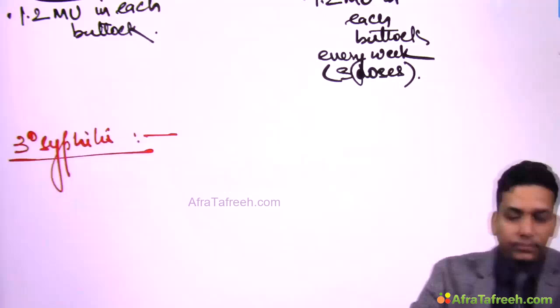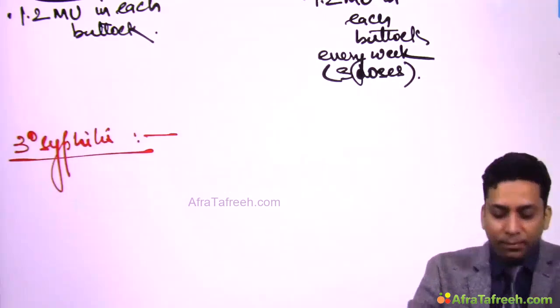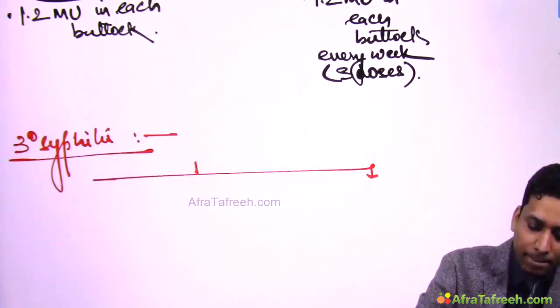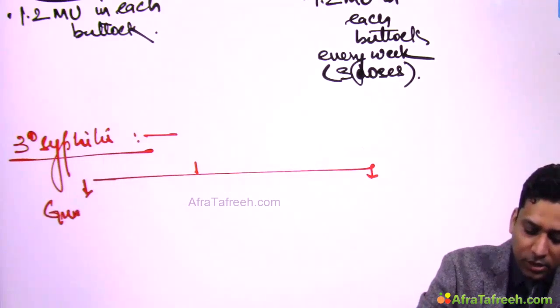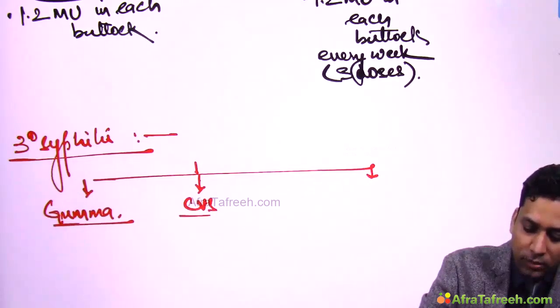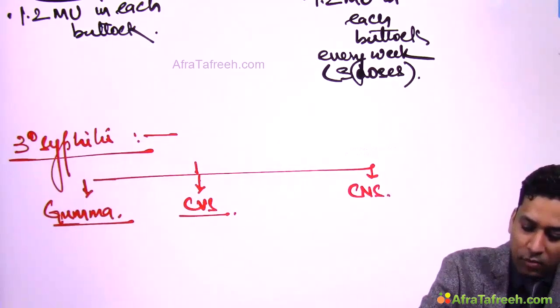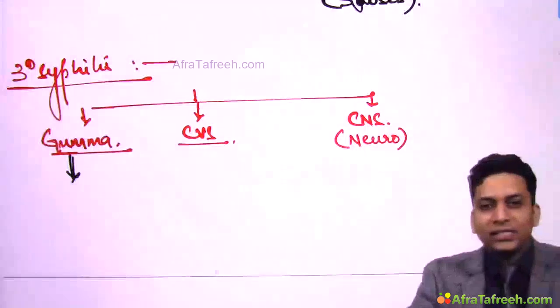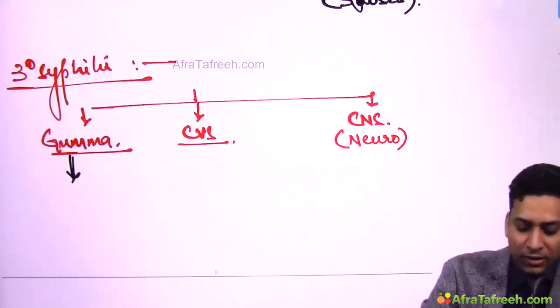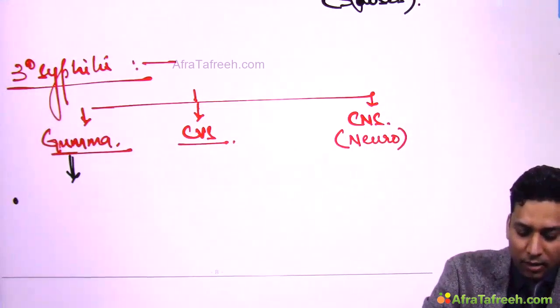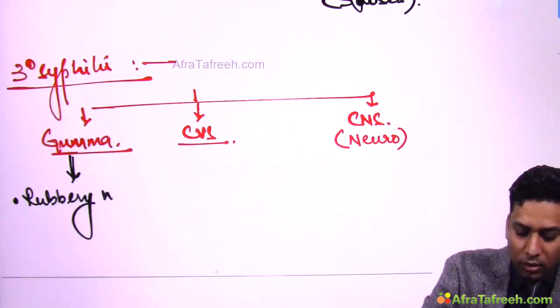Tertiary syphilis. Now tertiary syphilis can present in various forms: it may present with gummatous lesions, it may present with CVS involvement, or it may present with CNS involvement, that is neurosyphilis. Now what are gummatous lesions? Gummatous lesions are generally present over skin or mucosa, and they are rubbery nodules